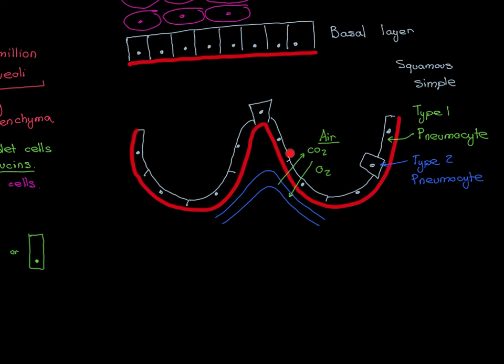So these are tiny little spaces, and because there is fluid on the surface of these alveolar epithelial cells, there is the temptation for the alveolar space to collapse in on itself. So remember, a good way to describe surface tension, a good analogy to use, and in fact a perfectly correct analogy, is when you were doing histology and you have two of those little glass plates on which you put